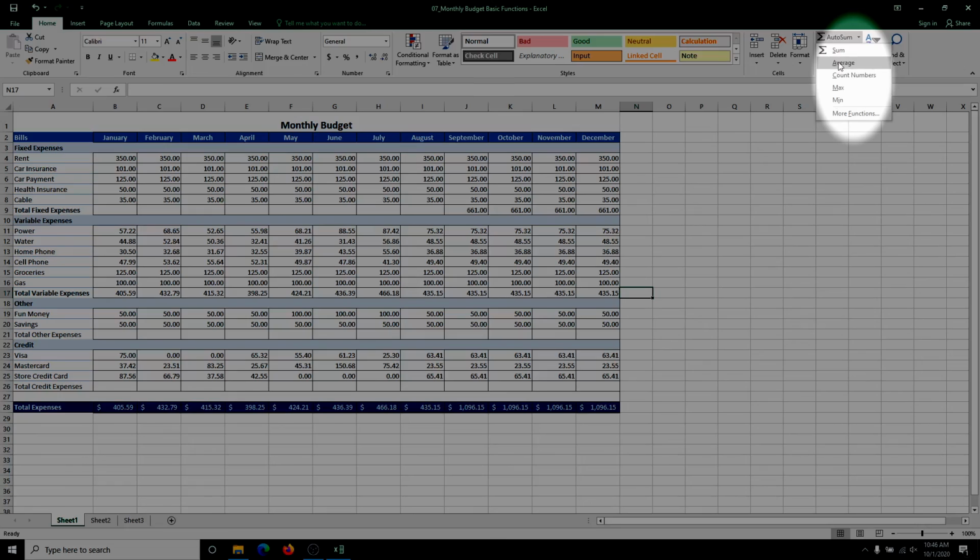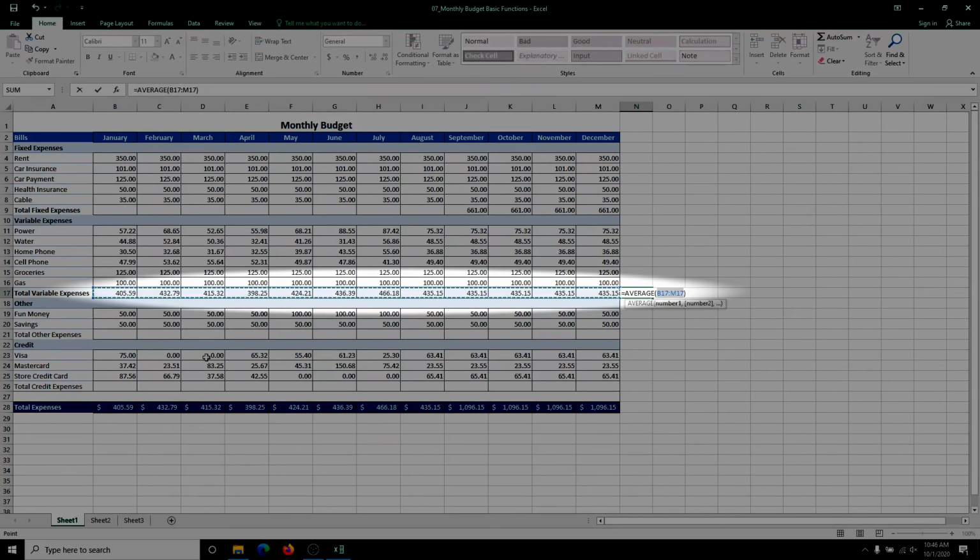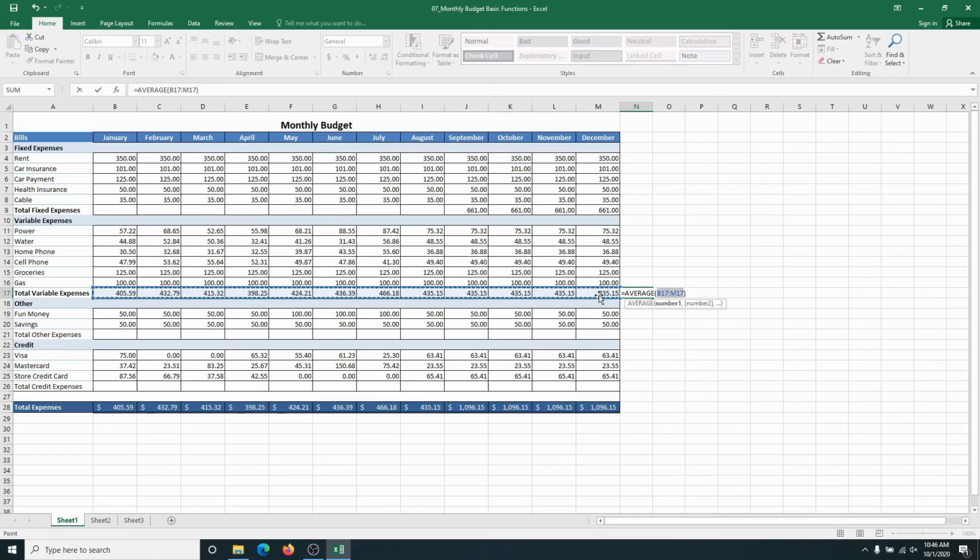So I can do an average, and since it's looking at the pattern, it's going to average the numbers from B17 to M17 and everything in between. So when I hit enter, the average variable expense for these 12 months is $429.54. So I can do averages with that. I can also do